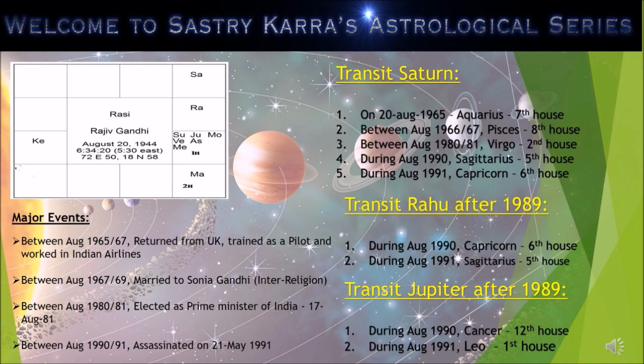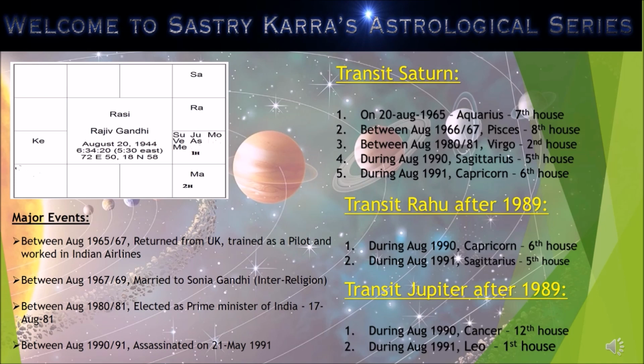So what you can see is that when transit Saturn moved from 5th house to the 6th house, or during the Rashi Sandhi, when it was between the 5th and 6th houses, that's when the assassination event has happened, primarily because being in Rashi Sandhi, it is looking at the natal Saturn partially, who is the 7th house lord, Marakasthanamo, and he is also looking at the 12th house partially, where natal Rahu is residing, which is the terminator. So you can see how transit Saturn has played its role when it comes to these major events.